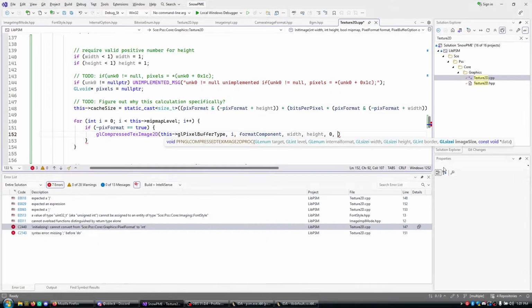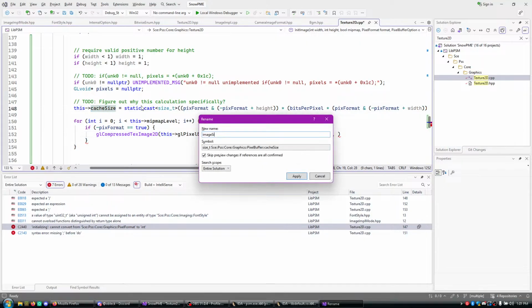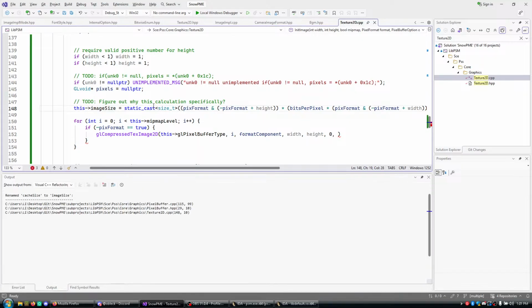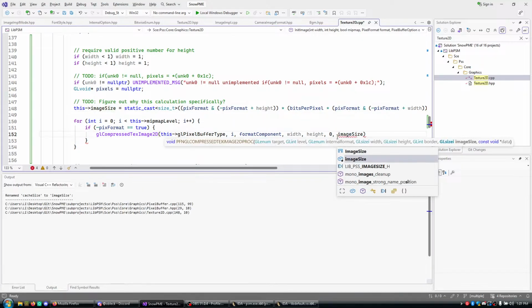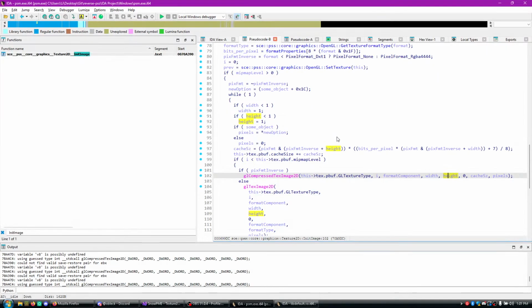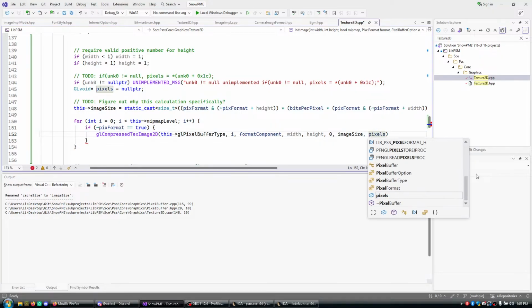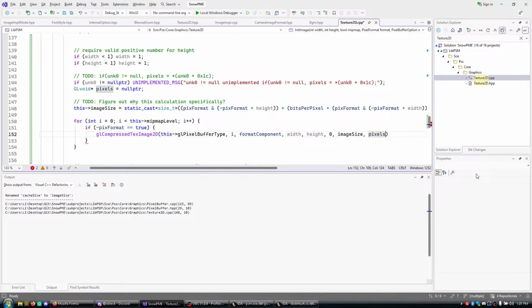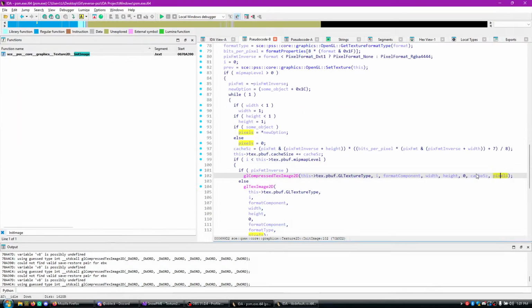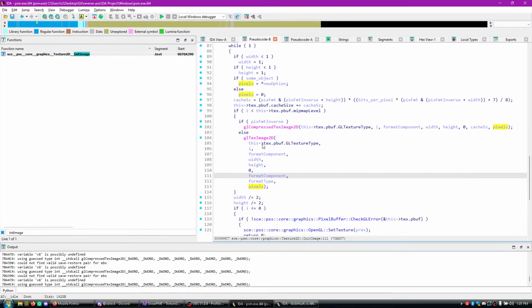Zero. Geo image. I guess this is only the image size, right? Image size. So this is total image size in bytes, I guess. And then pixels. Otherwise,